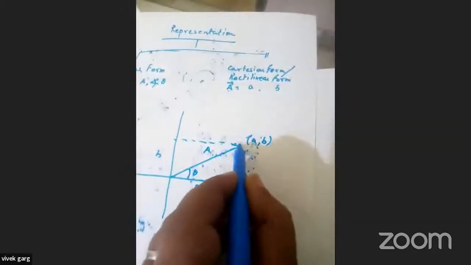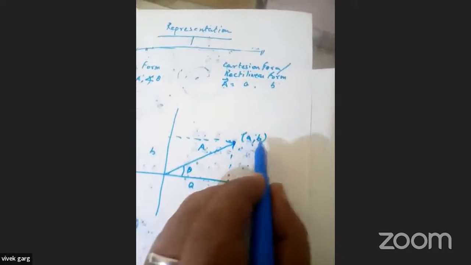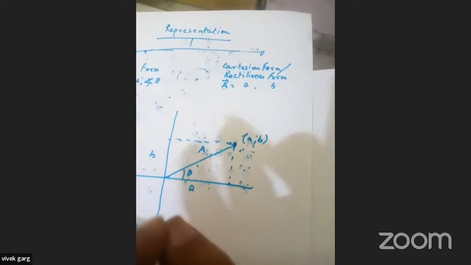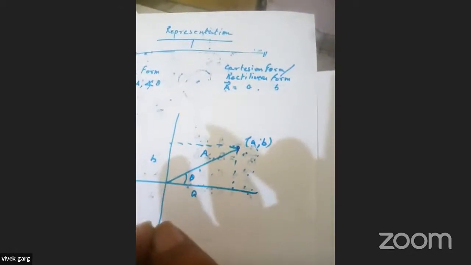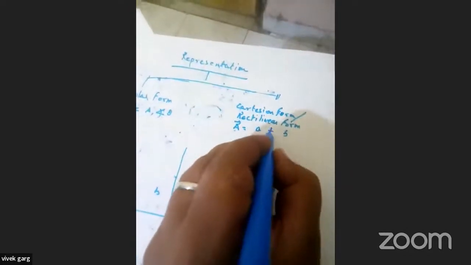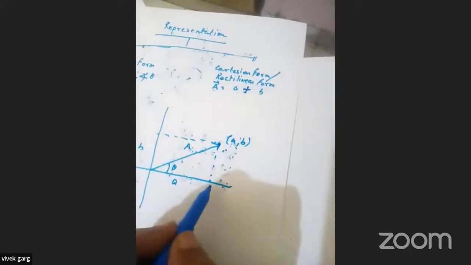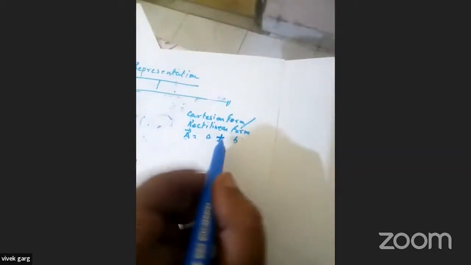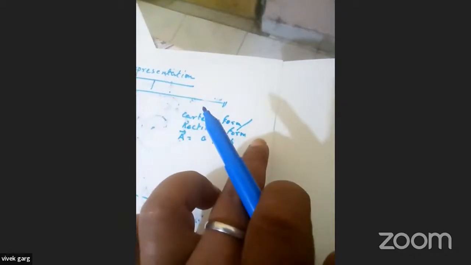I can say, on the other hand, that this point is a combination of A and B. What is the other term for combination, children? Addition. So A plus B. But we cannot use A plus B. What does that mean? Because A is along the x-axis and B is along the y-axis. So I must say it is a combination or addition of A in the x-axis and B in the y-axis, maybe